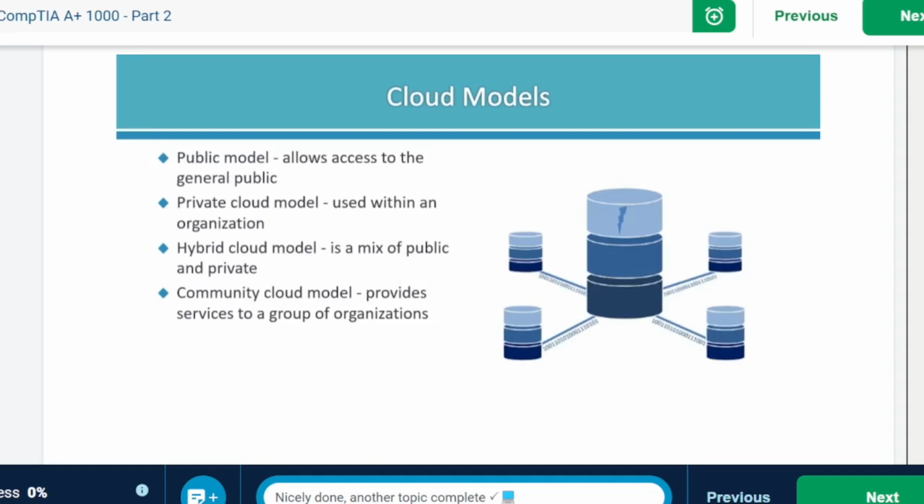We already discussed that you have public, private, hybrid, and community cloud models. Each of these performs a different application based on the user's needs. The public cloud model allows services to be accessed by the general public, things like Microsoft, Amazon, and Google. There are many benefits related to the public cloud, which include a high level of scalability, flexibility, cost-effectiveness, and reliability. Some of the disadvantages are a low level of security and the fact that it's less customizable.